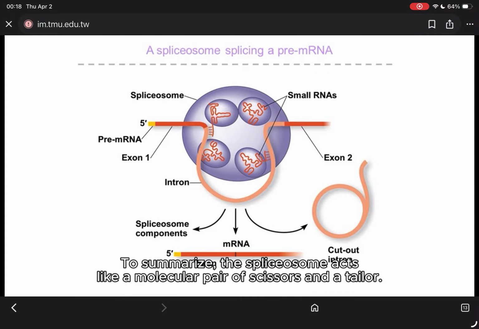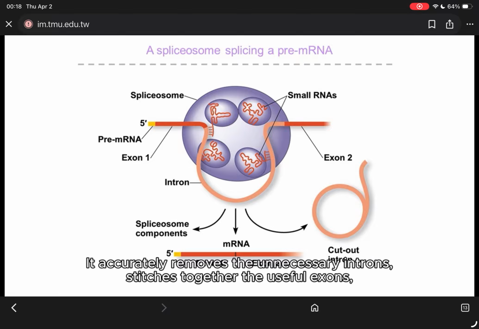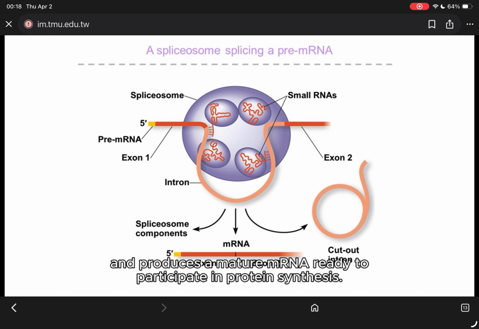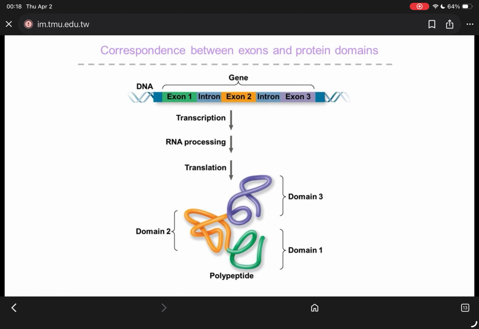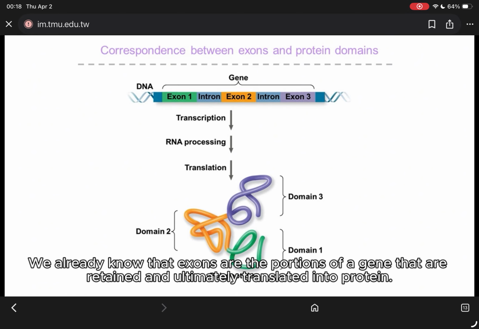To summarize, the spliceosome acts like a molecular pair of scissors and a tailor. It accurately removes the unnecessary introns, stitches together the useful exons, and produces a mature mRNA ready to participate in protein synthesis. We already know that exons are the portions of a gene that are retained and ultimately translated into